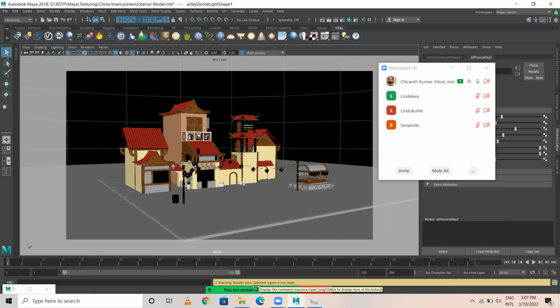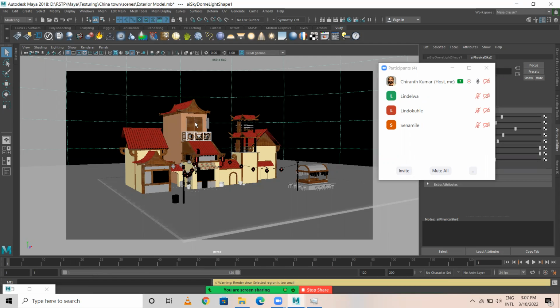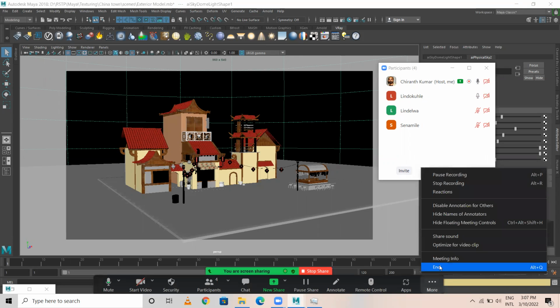Then I'll be sharing this model as well. Just do the texturing and do the lighting with skylight, Arnold skylight. Refer to this video. Okay, then bye bye. Take care. Show me the output. Bye, sir. Okay. Bye.